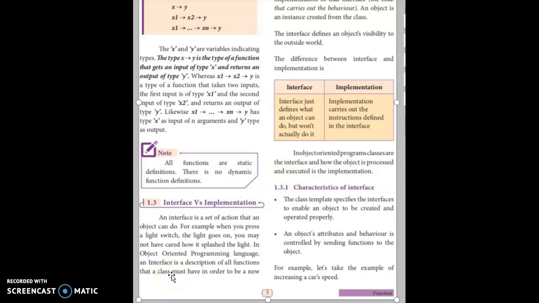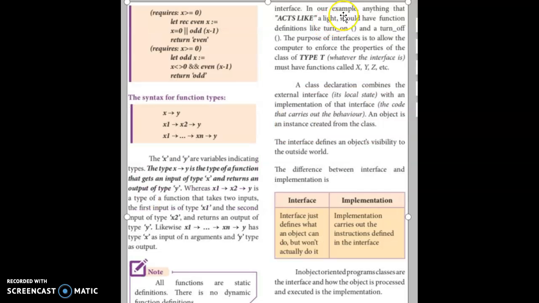When we turn on the switch, the light goes on. Turn off the switch, the light goes off. In our example, anything that acts like a light should have function definitions like turn on and turn off. We see turn on and turn off are two functions.